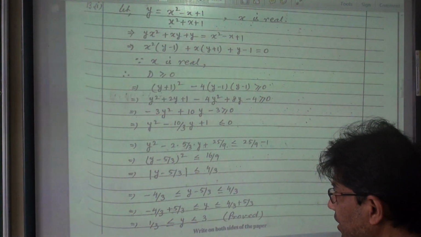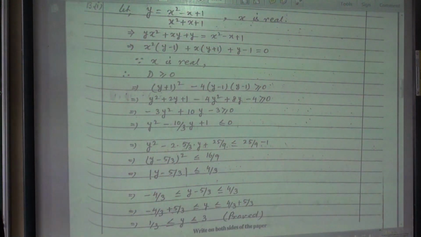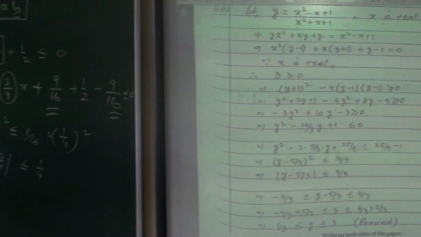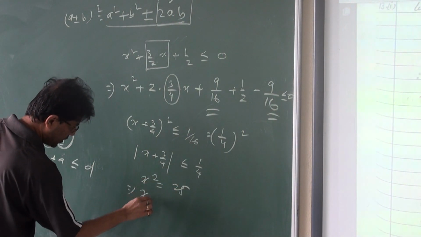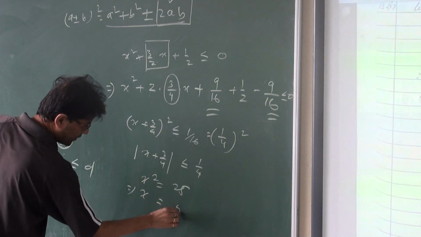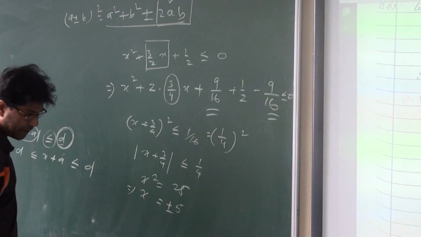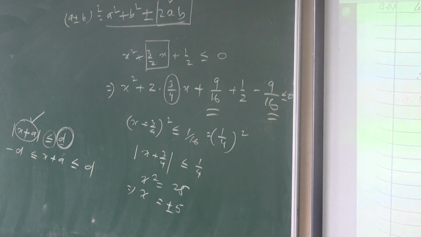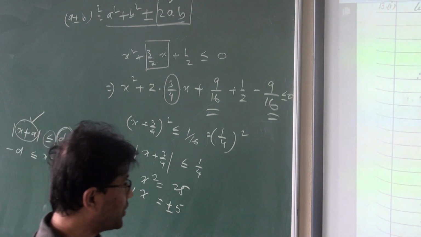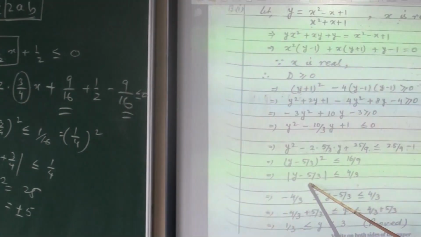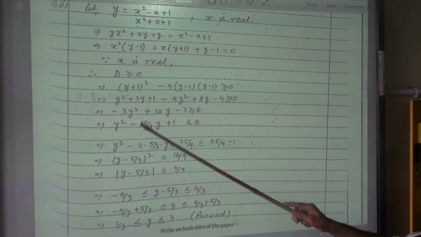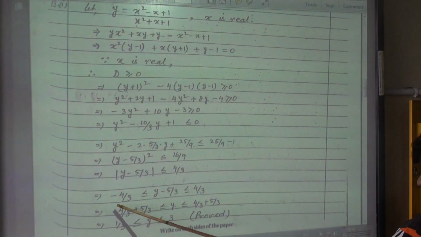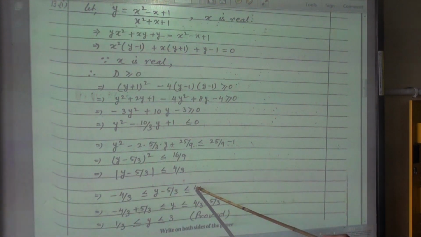Actually, when we write x square is equal to 25, like in junior classes we have done, x square is equal to 25, how much is x? X is not just 5, it can be plus, can be minus 5. Possibilities are can be 5, can be minus 5. So this thing, the numerical value, modulus, numerical value of this will be less or equal to 4 by 3. Now apply that method here, minus 4 by 3, this value is here and this is 4 by 3.